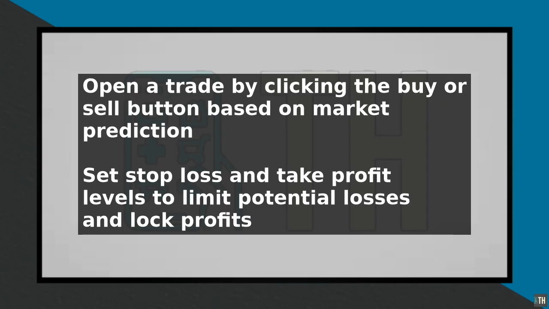To open a trade, click on the buy or sell button, depending on your market prediction. If you think the price of gold will rise, you click buy, and if you think it will fall, you click sell. You can also set a stop loss and take profit levels to limit your potential losses and lock